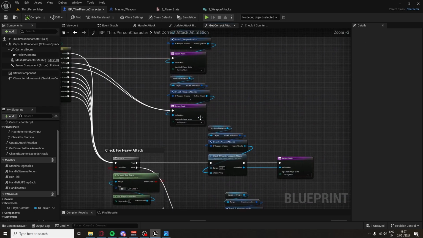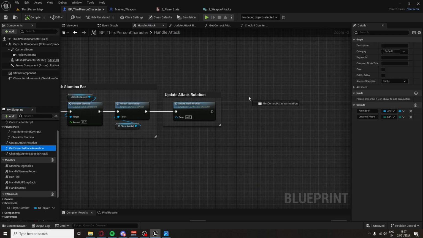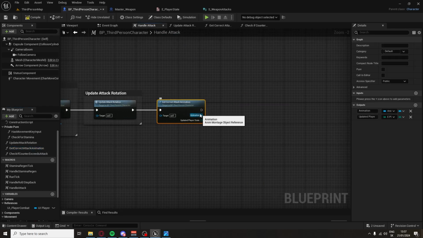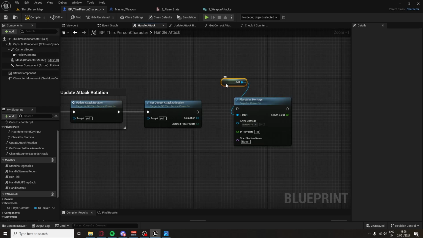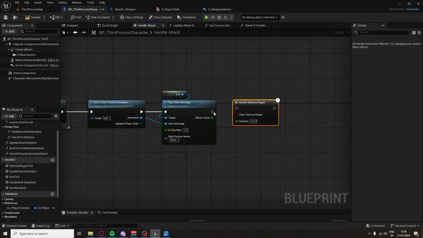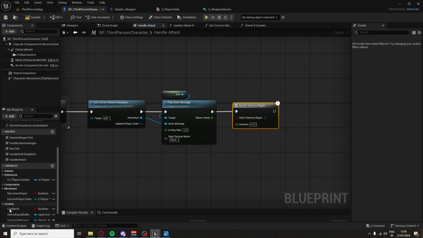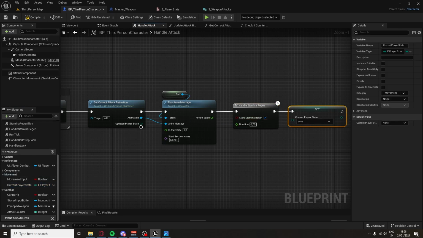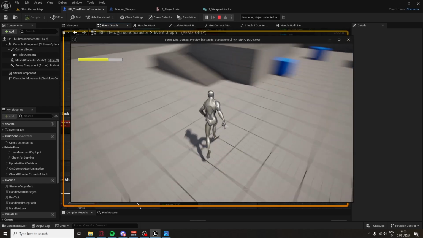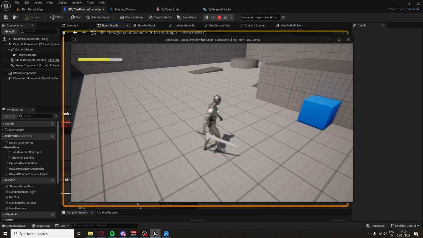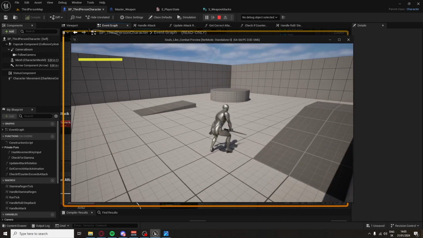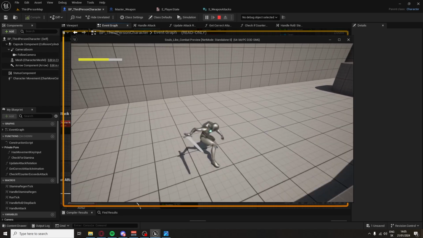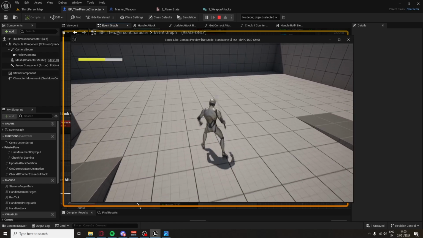Now go to the handle attack, get the correct attack animation, and now we just need to play the anim montage. Of course, this target will be self. Anim montage will be from the correct animation. And afterwards, we need to start the stamina regen and also update the player state itself. And now when we play, we should be able to... Yes, we do have our light attacks. We also have the heavy attacks. When we're sprinting, we can run attack, and when we roll,